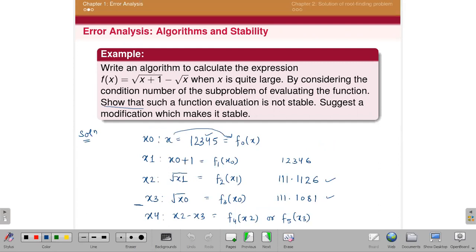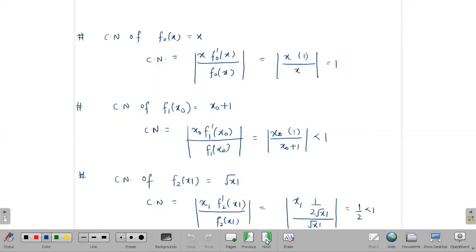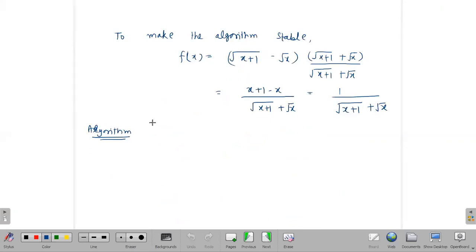Means this expression you have to find out up to this step. And again, you have to find the root of x also. Means this step you have to do. Means these 4 steps you have to do in the new expression also. So now if I write the x4 again, that is, up to the x3 step, it will be the same. If I'm writing the x4 step, there you will get x2 plus x3.